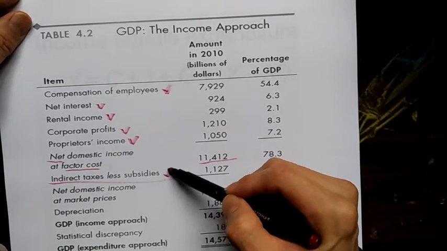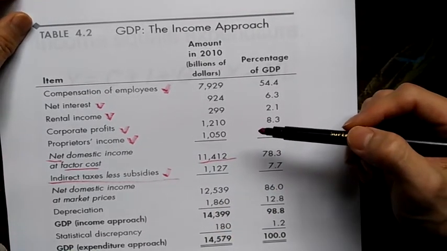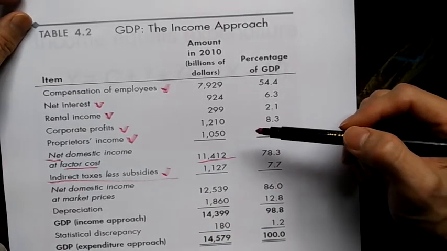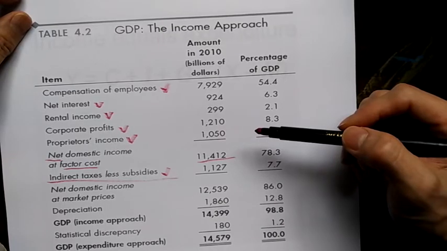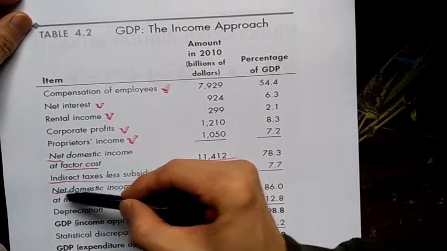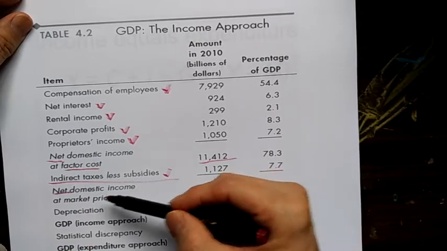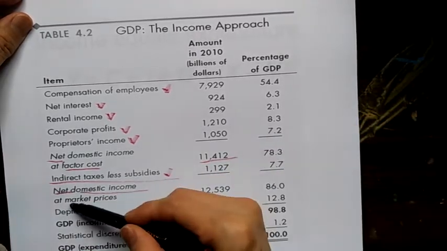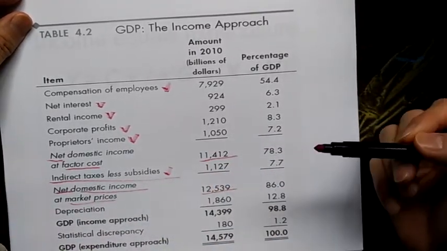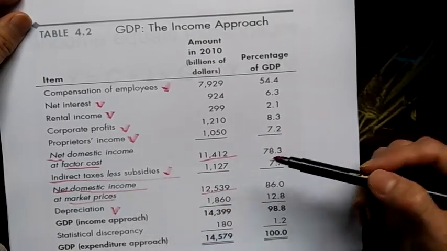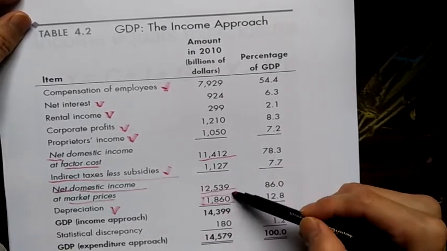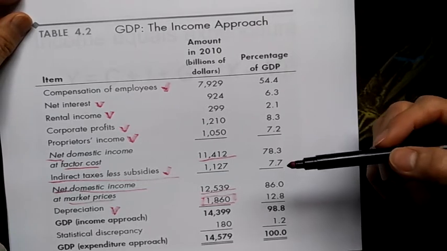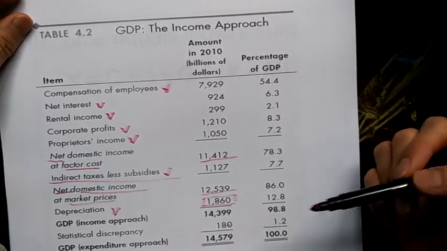Add sales tax minus subsidies, then that will be the net domestic income at market price. Then you do the second adjustment, add back the depreciation. The result is